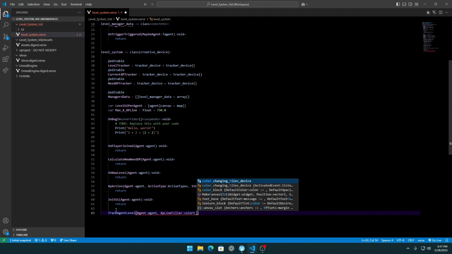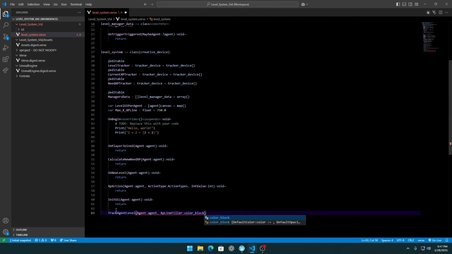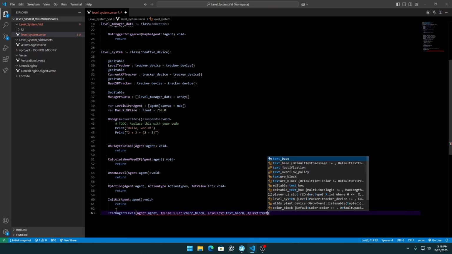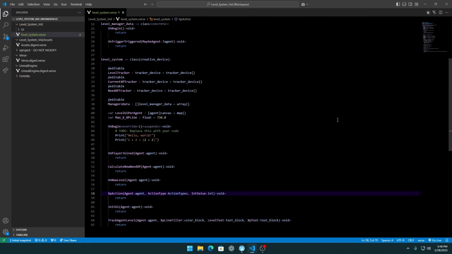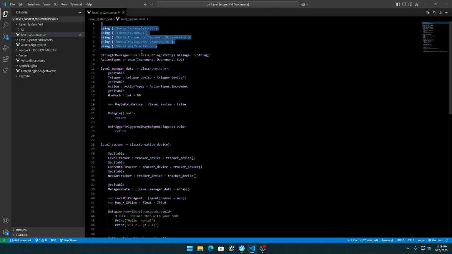So this is the color block. Level text, which will be the text block, and XP text also will be the text block. Type void equals return. And we need an import for this, so you can copy this imports I have now,